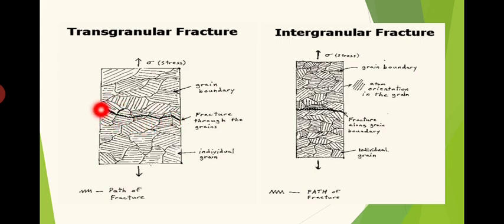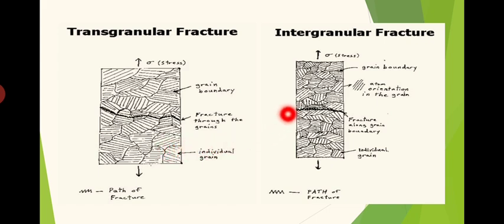The cracks are propagating within the grain, they are not passing along the boundaries of the grain. Instead they directly cross through the grains, and from grain to grain the direction changes also. Such a type of fracture is known as transgranular or intragranular fracture. Within the grains the fracture will propagate. This happens in the case of brittle material, whereas coming to intergranular fracture, you can see the cracks